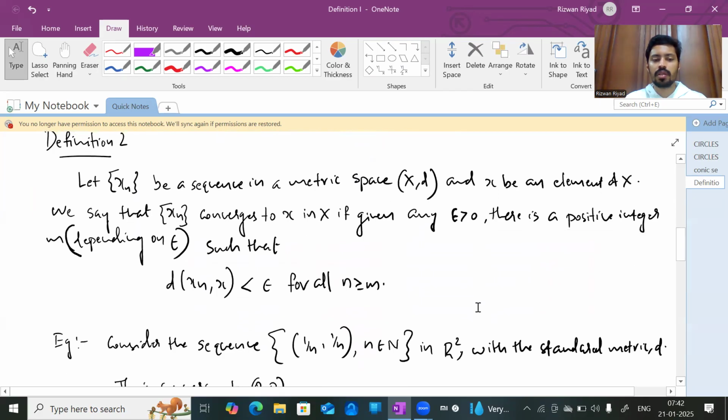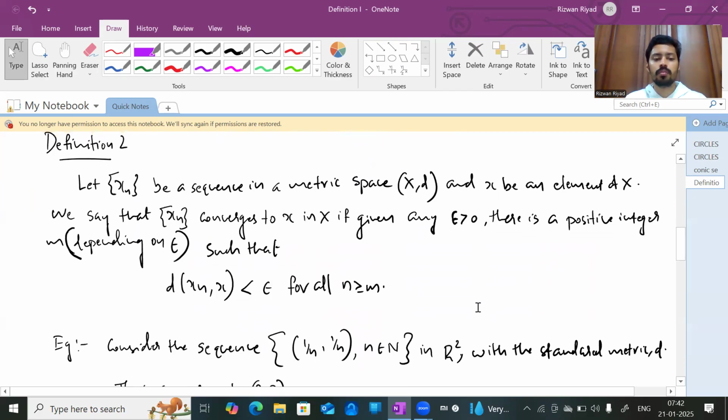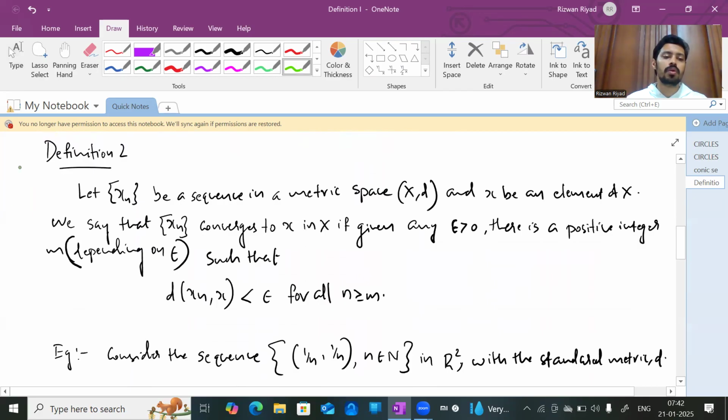Definition number 2, convergence of a sequence. Let xn be a sequence in a metric space (X, d), a set X with a metric d, and let x be an element of that metric space X. We say that this sequence xn converges to that x in X